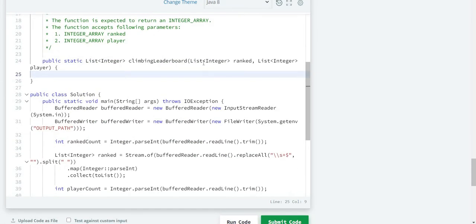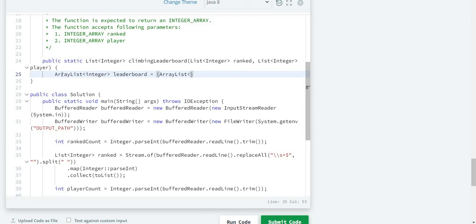Here we are given two lists. First is ranked and second is player. So let's receive it into two different array lists of integers, of course. Let's name it leaderboard. Now again, like previous video, we have to cast it explicitly into an array list of integers because list is the parent class of array list.